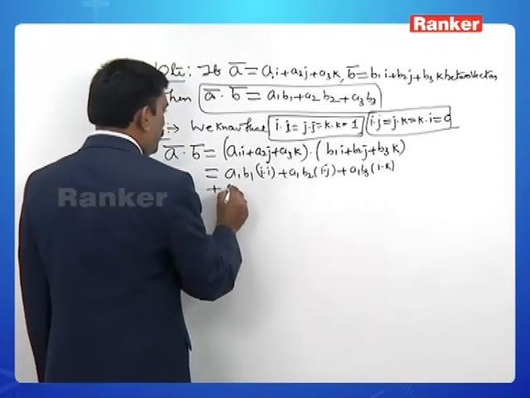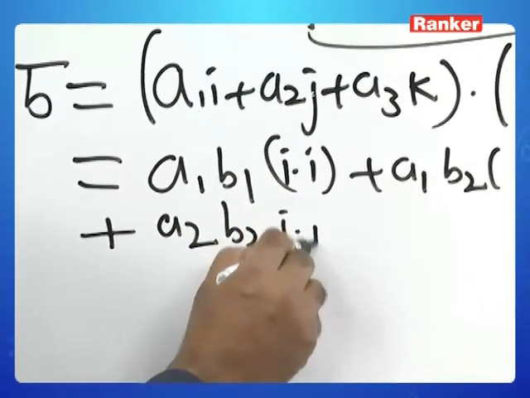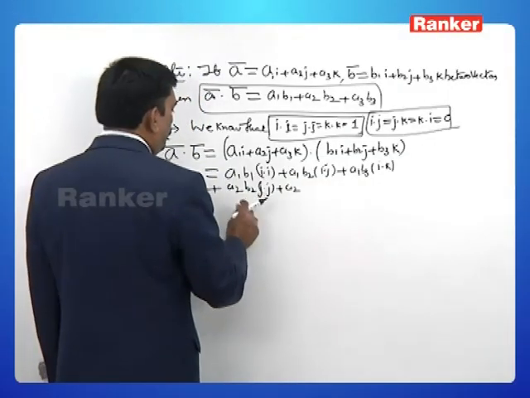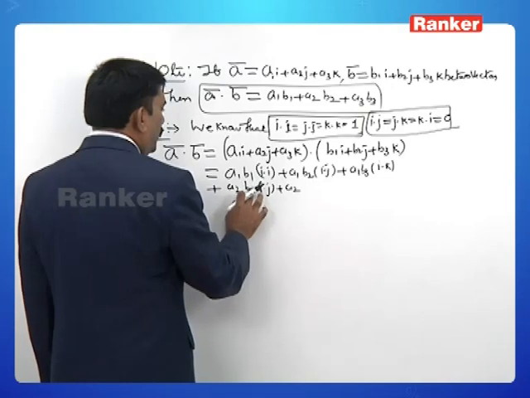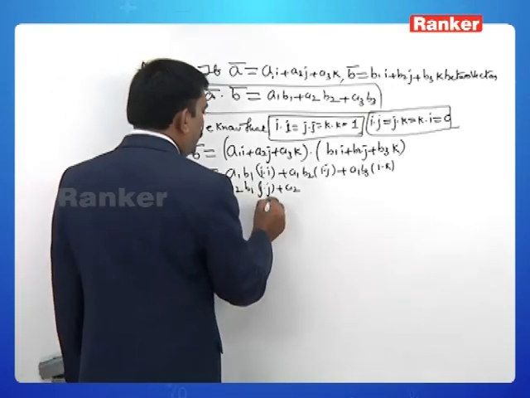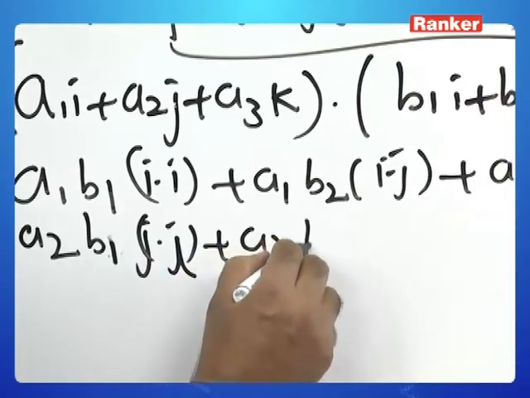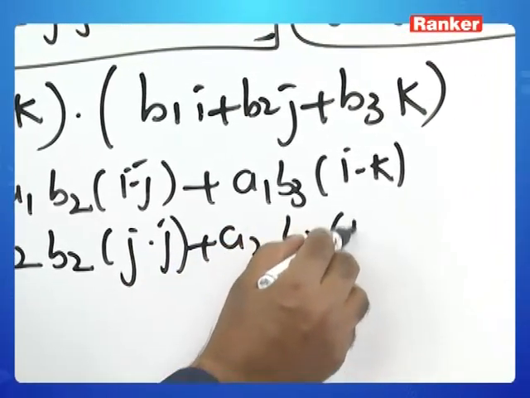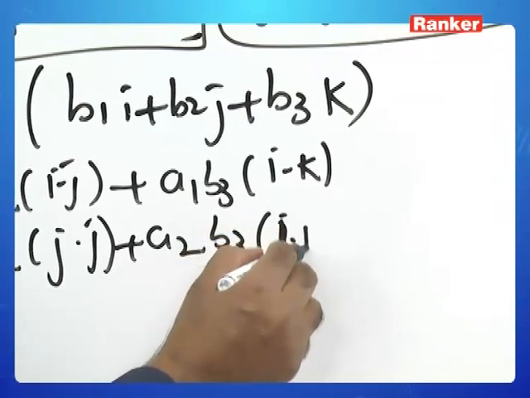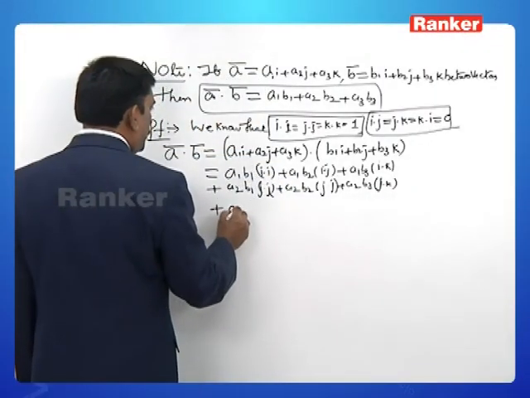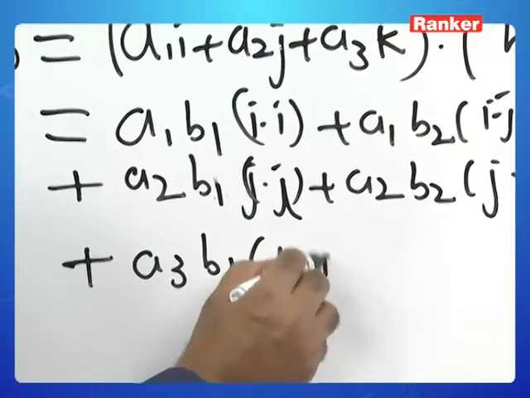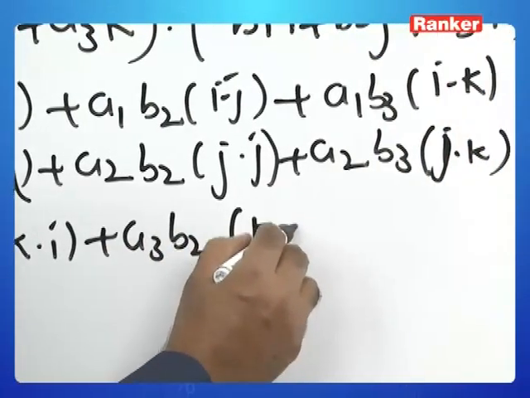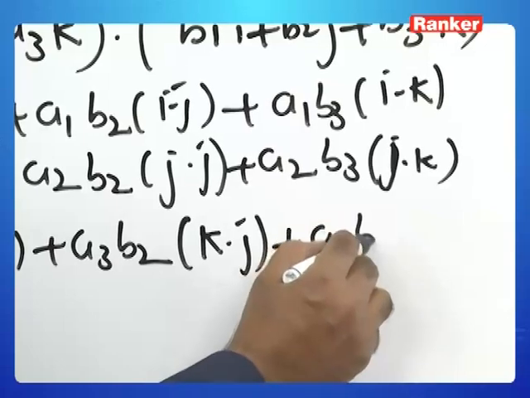this with every vector. A2 B1 into j dot i, A2 B2 into j dot j, A2 B3 into j dot k, plus A3 B1 into k dot i, A3 B2 into k dot j, A3 B3 into